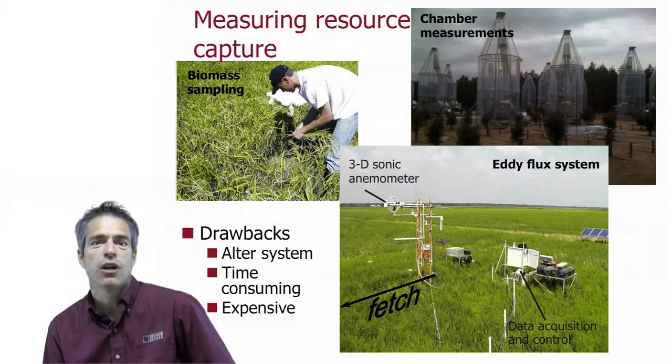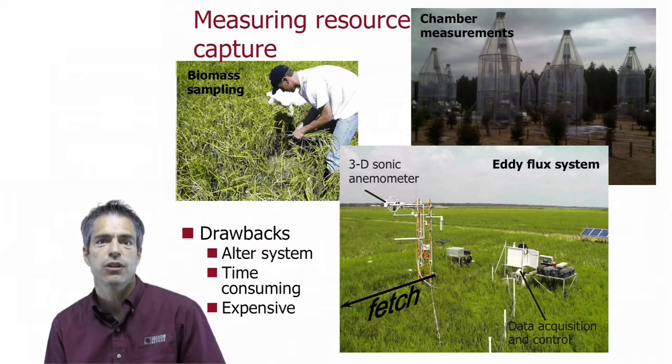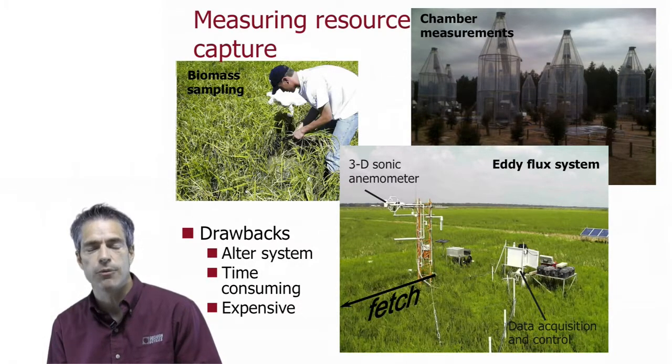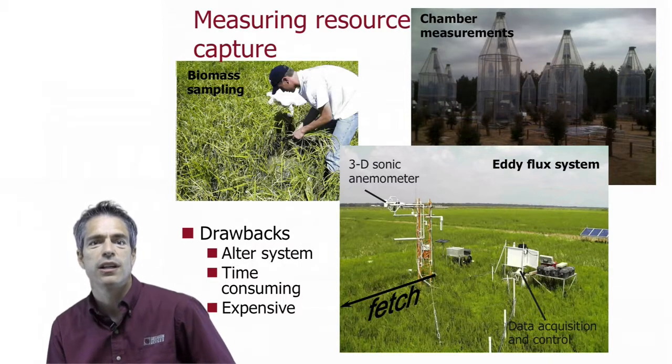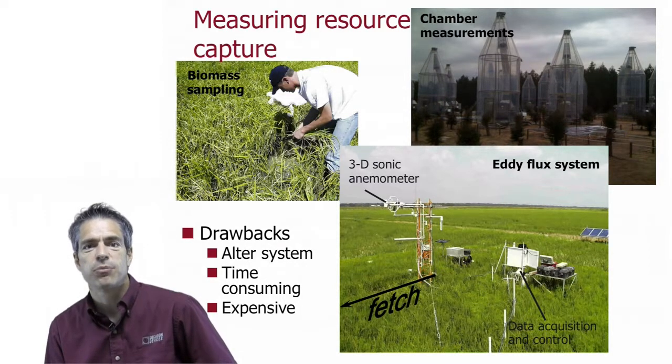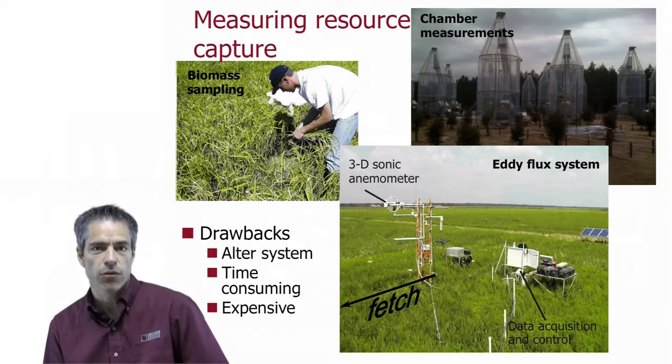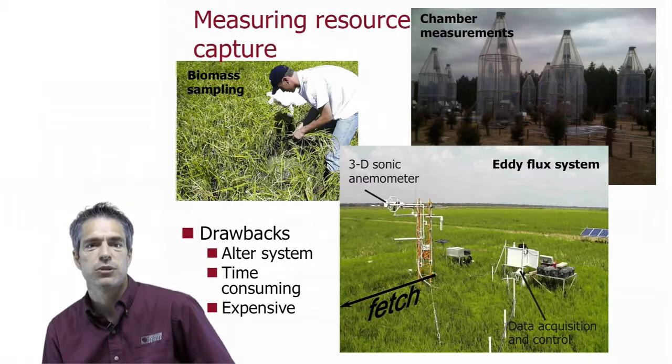So how might we start measuring the biomass accumulation in the field? I wanted to start with this slide because if we wanted to do an extremely rigorous job of this, there are a few things that we can do, and I've got some examples here. The top left picture is my student worker many years ago measuring rice in an irrigated, flooded rice field in South Texas. This was a commercial rice field where we were measuring eddy flux, and we'll talk about that in a moment. But to try to understand the correlation between our CO2 flux measurements and the actual biomass accumulation,